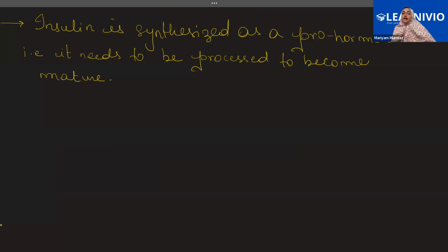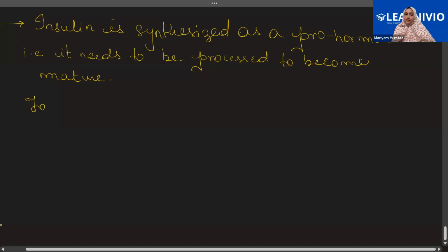Very good. Now, see, the prohormone that is synthesized has an additional chain called the C chain. That is the additional chain. So, for the insulin hormone to become a mature hormone, that C peptide or the C chain has to be removed. So, to become mature,